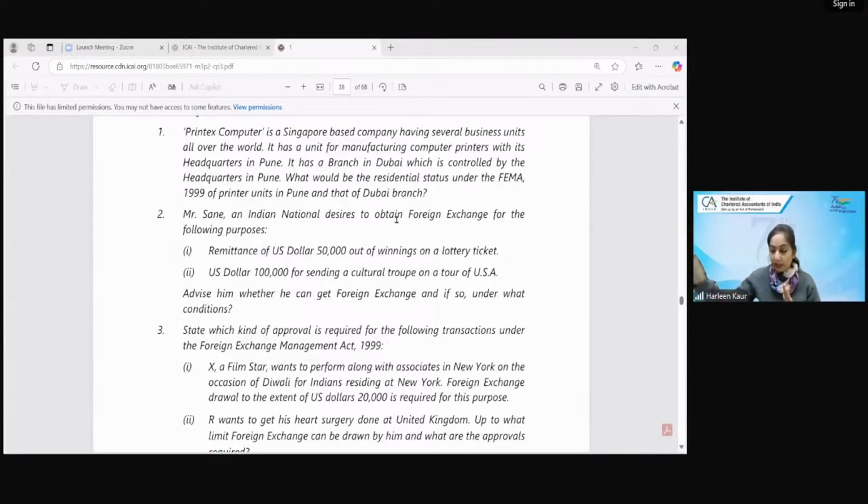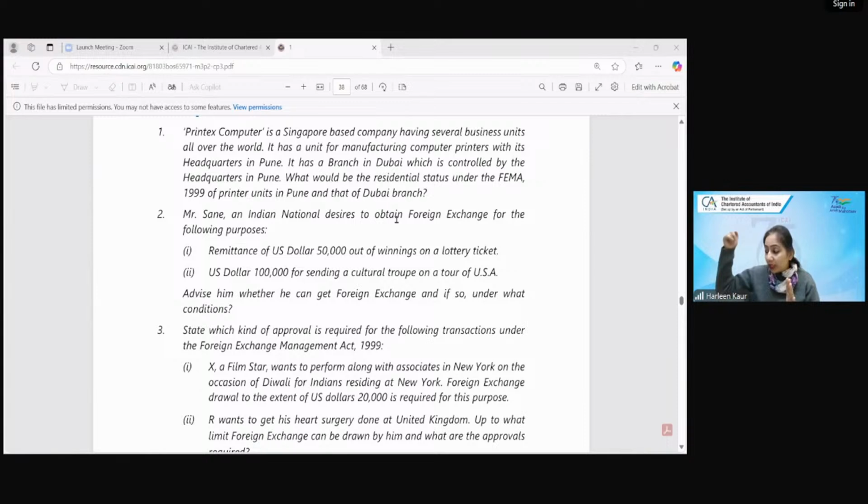6 lakh USD we have sold it. So 30,000 USD or 25,000 USD, whichever is less. So what is the commission? That was the price that we have sold at. Inward remittance is the amount that I have received. 6 lakh USD I'm receiving. So 5% is 30,000 or 25,000. So whichever is more. So 30,000 USD is more.